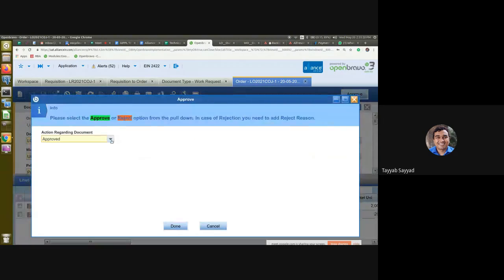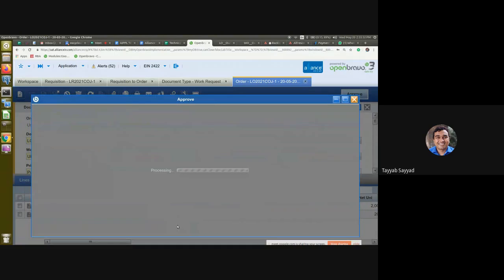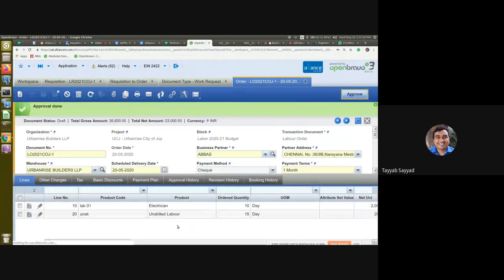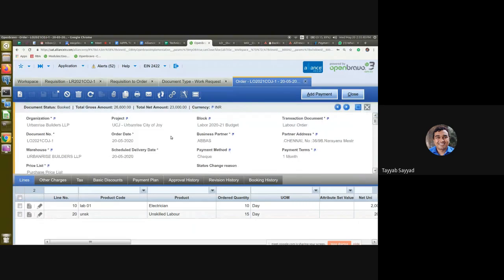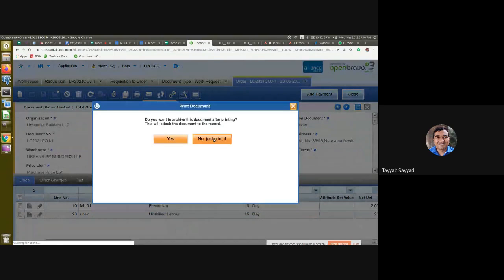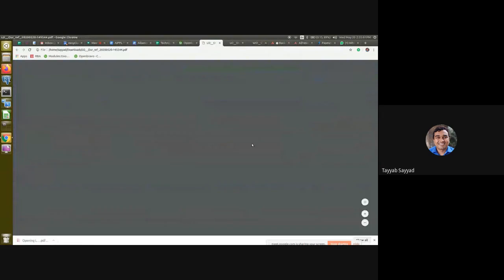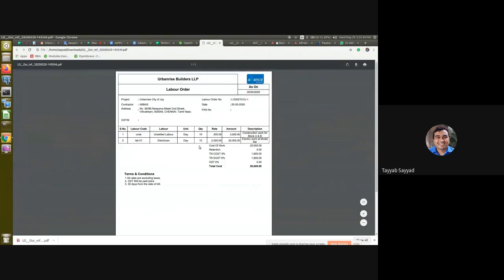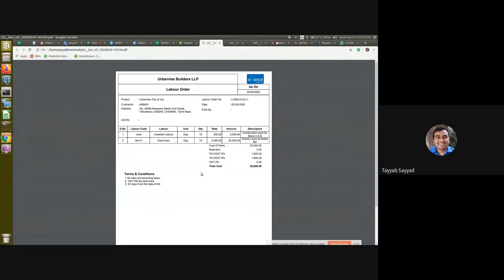After approval, this labor order will get approved and frozen. And in the print also, the draft watermark will go away, and it will show the details of the labor order.